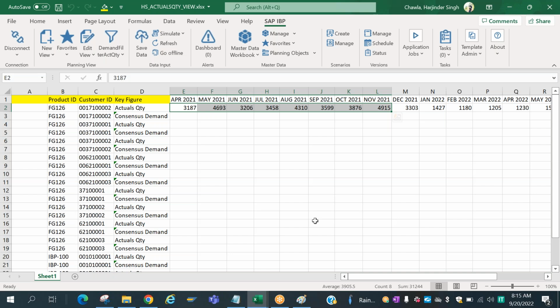Plus, if we need to create any dashboards or alerts, those configurations also we need to do in the Fiori. For the rest of the things, where we want to see some data, validate some data, or do some analysis on the data,